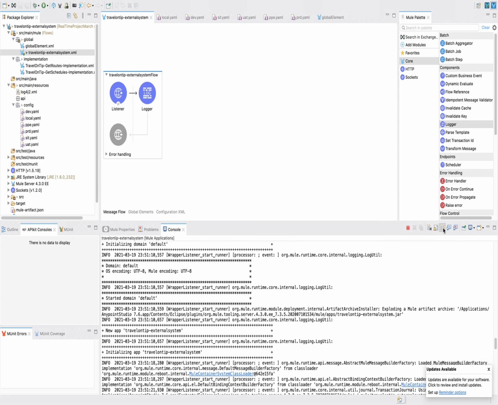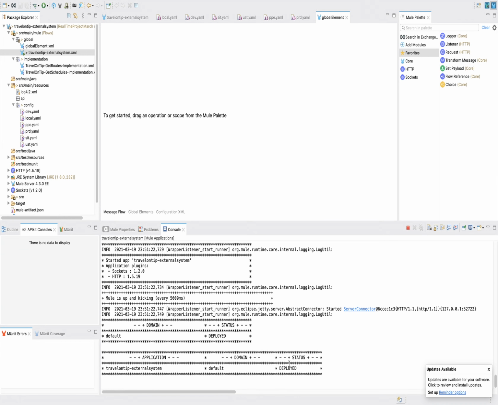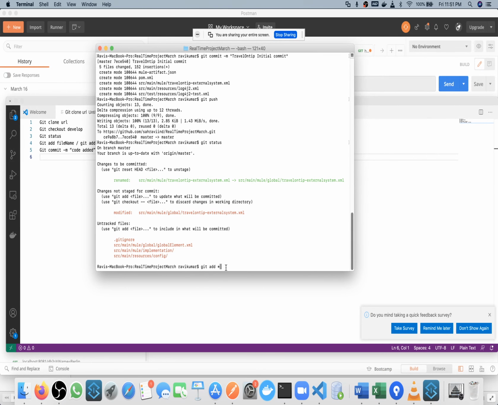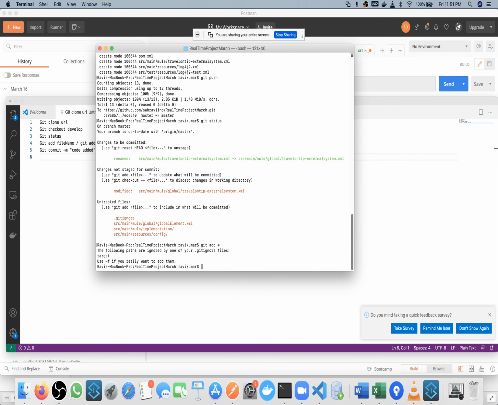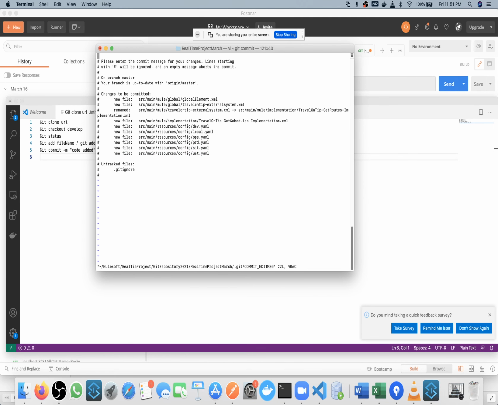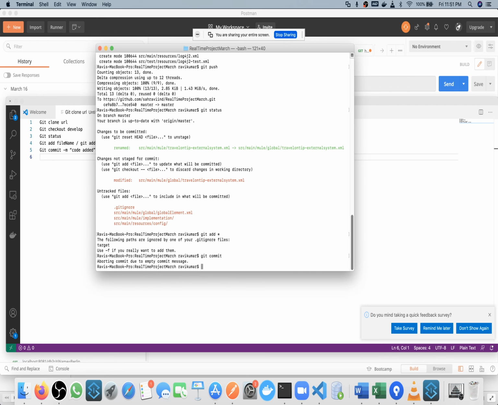Select this word wrap option to see. Yeah, so deployment successful. So whatever I have developed till this point, I will add this and then git commit. I will commit this. After that I should use git commit, and then I need -m